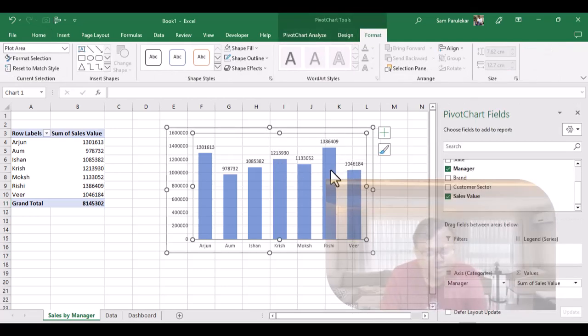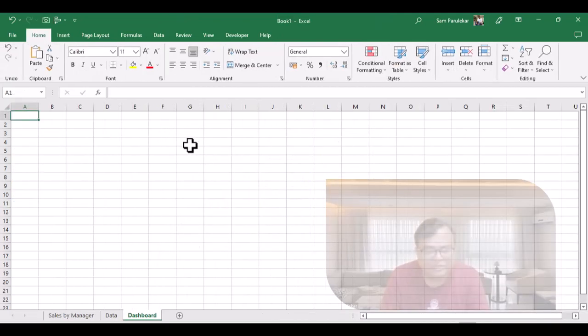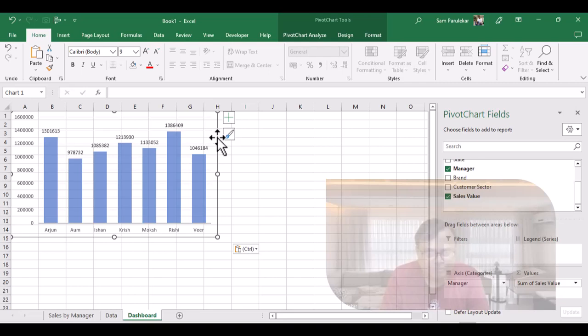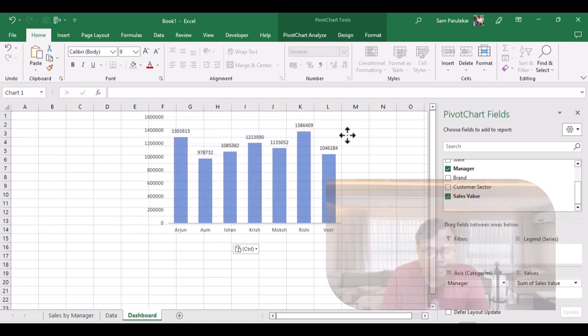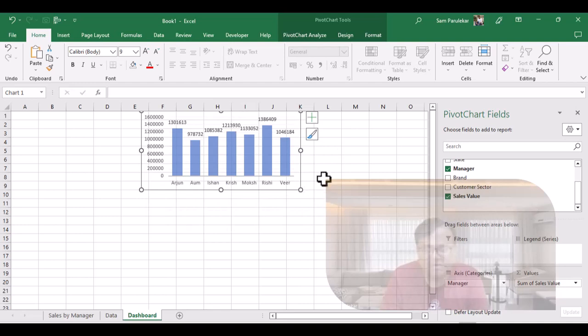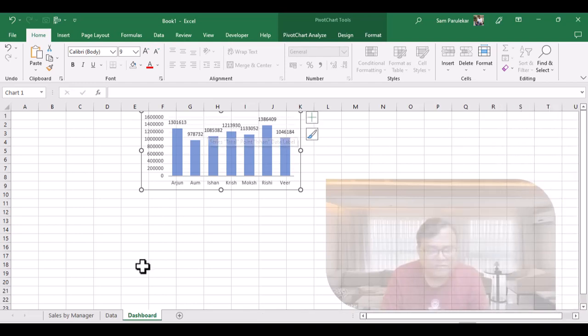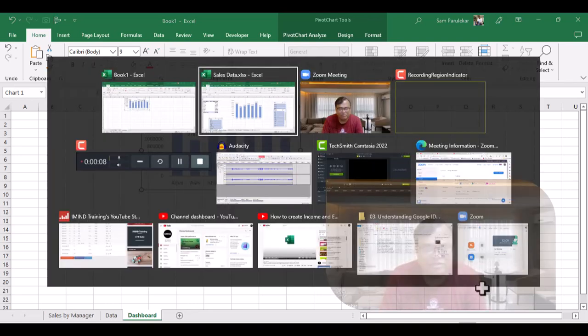Now I would select this graph by pressing Ctrl C and come into the dashboard and paste it over here, Ctrl V. We will size this up later. Right now I'm just keeping it like this. We'll adjust the font and everything at a later time. So the first graph is ready, that is sales by manager. Now we come back to our original sheet